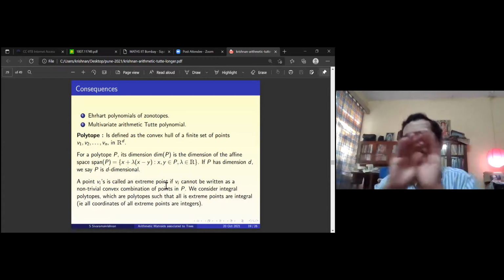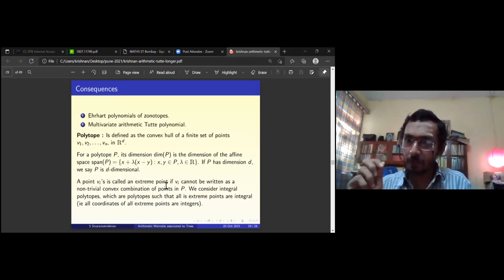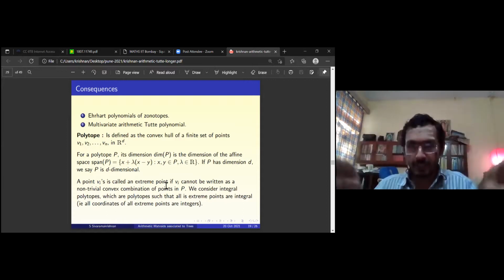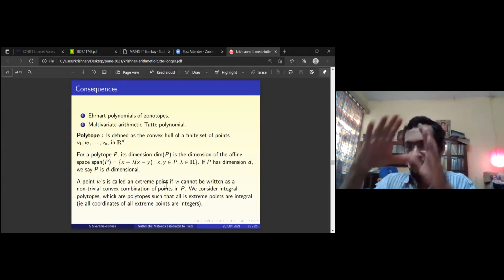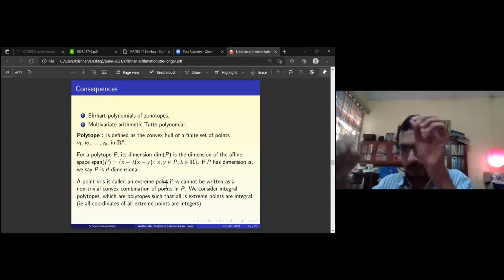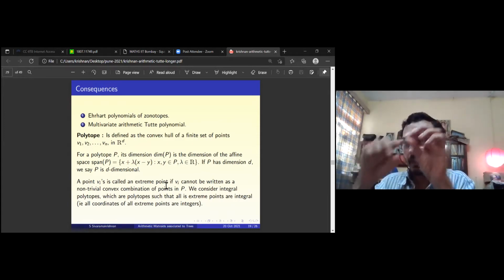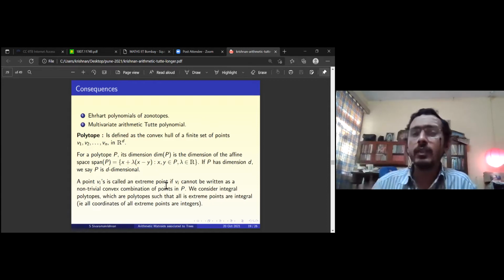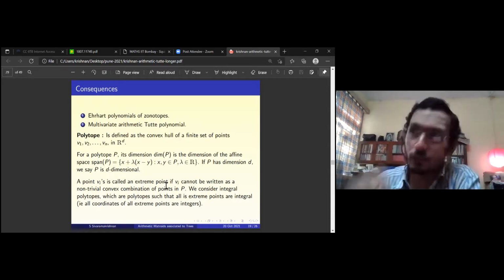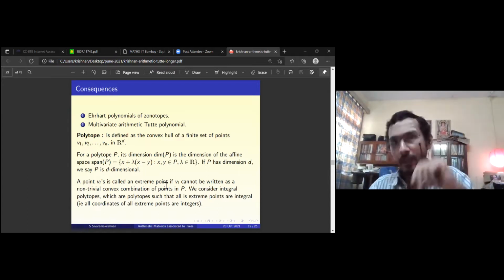So you have these polytopes, and in 2D it's very easy. There may be some number of extreme points, that is, points you can't write as a convex combination of any other points in the polytope. If you take any other point, let's say in a pentagon, you can first triangulate the pentagon, and then if the point is inside some triangle, it will be a convex combination of the extreme points of the triangle in which it lies. Extreme points are the points which cannot be written as convex combinations of anything else. You can only write it as one times itself. That's the only way to write it. You cannot write it as a convex combination of other points inside the polytope.